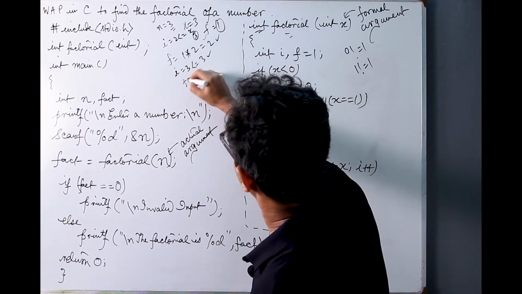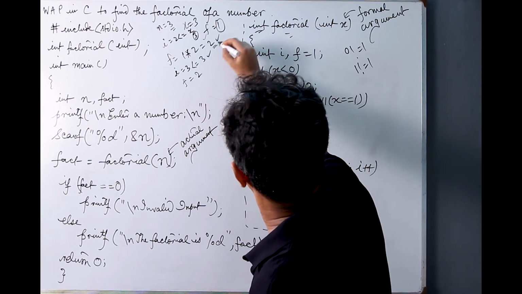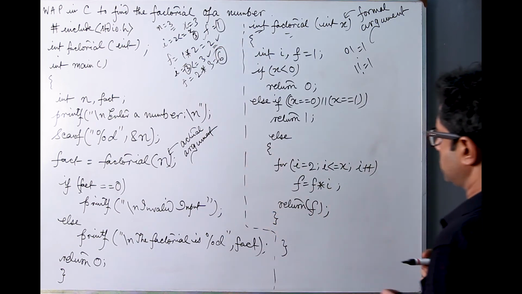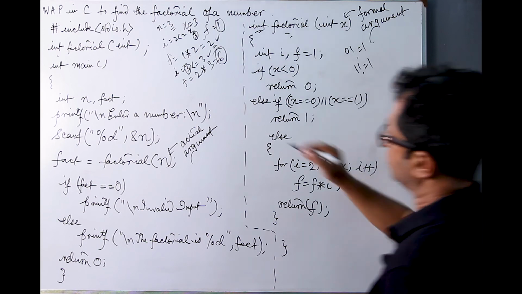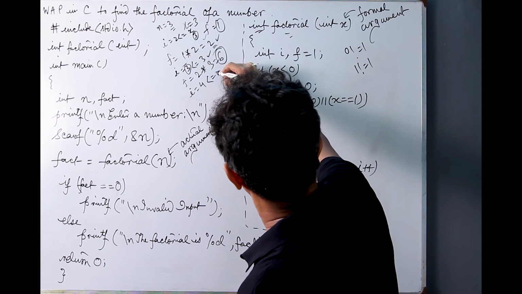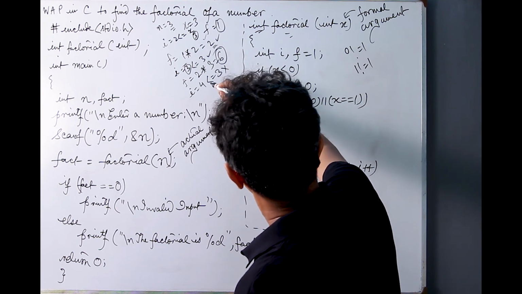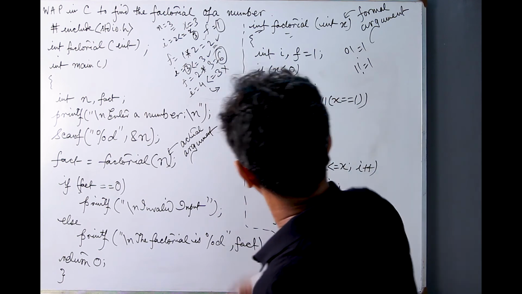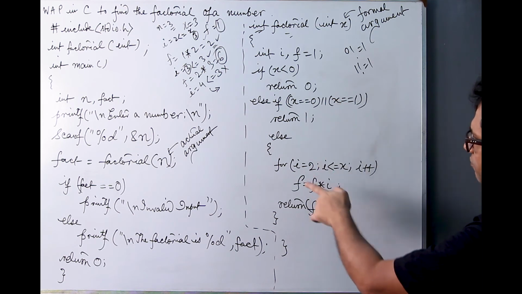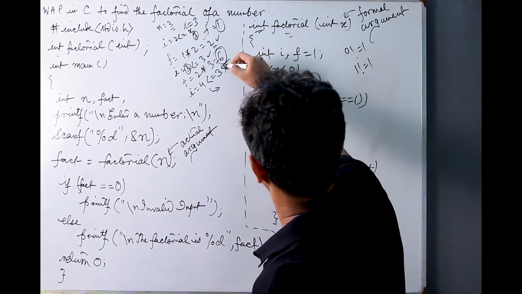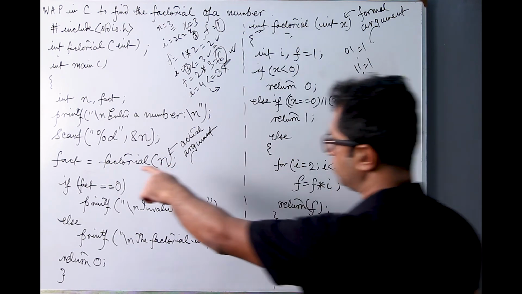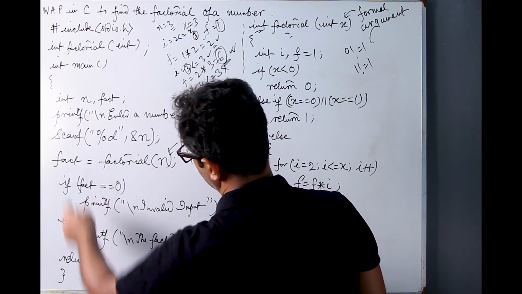and f will be calculated as 2 is the last value of f, 2 star I value is 3, then we get 6 as the value of f, and then we are going to increment I by 1 again, 4, to see that 4 is not less than equal to 3. Condition doesn't hold, we get out of the loop and return f, and whatever value the f held after the last iteration was done is 6. So we are going to return 6 to the calling module to be assigned in the variable fact,